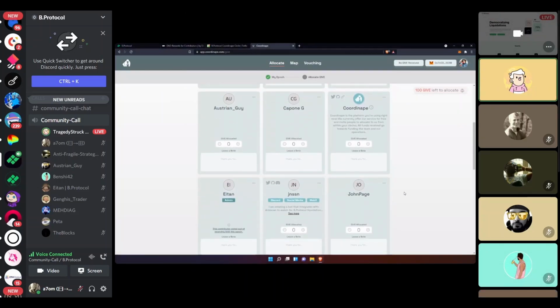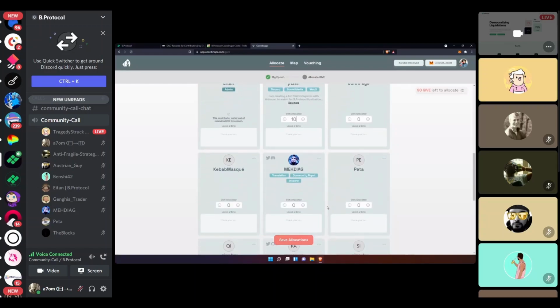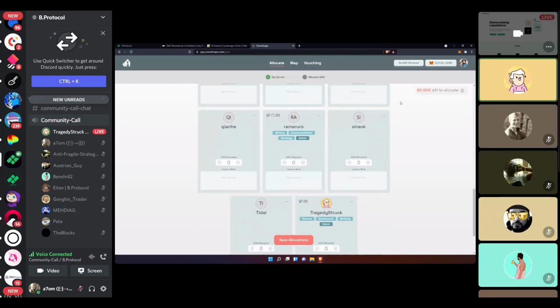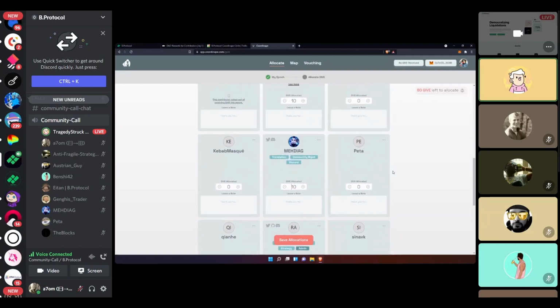Probably going to butcher these names, but Jensen here, I know he's been working on a bot, so maybe I'll give him 10 points here as an example. As you can see, you have to save and you can redistribute later. And I've personally had some discussion with Mediag here, so maybe I'll give him 10 points as well. I'm not sure. And then you'll see your remaining points.